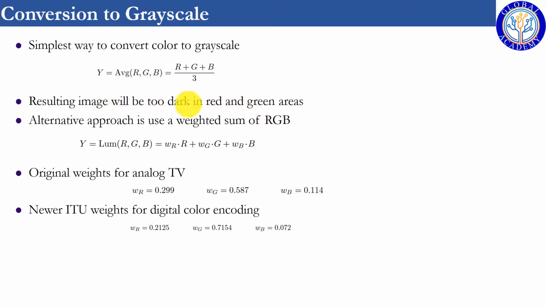Okay, conversion to grayscale. By the way, these conversions are not very important. The reason is we have a lot of libraries and predefined functions to convert between different color spaces, like from RGB to HSV or HSV to HSL and so on. But it is important to know a little about the conversions, like we can convert an RGB color to its grayscale version just by taking the average.